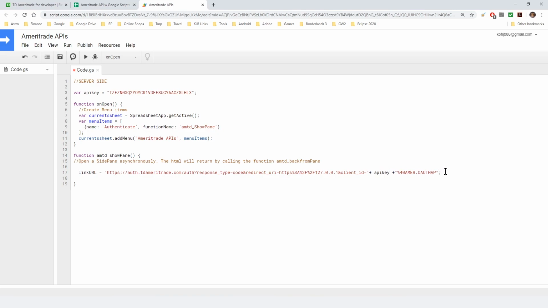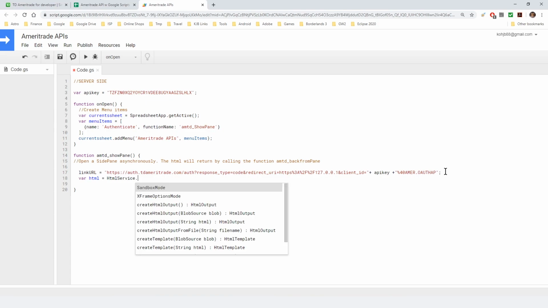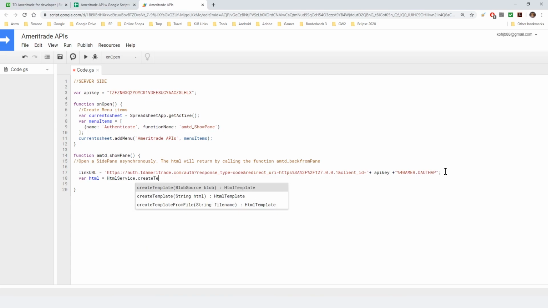Okay, this is the link that we need to call. We also need to create an HTML page. And the HTML is created from a file that we will be creating after this. Alright, and that uses the function called HTML service create template from file, and let's call that file